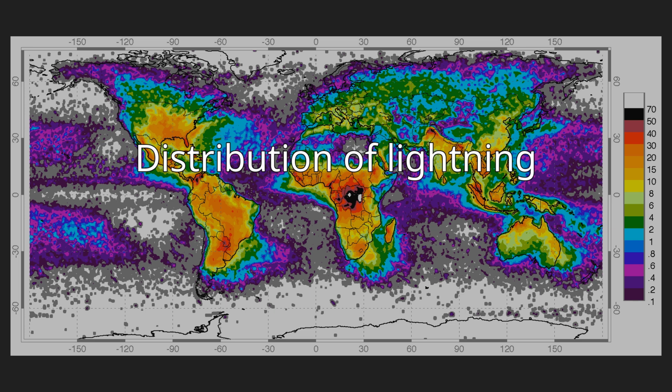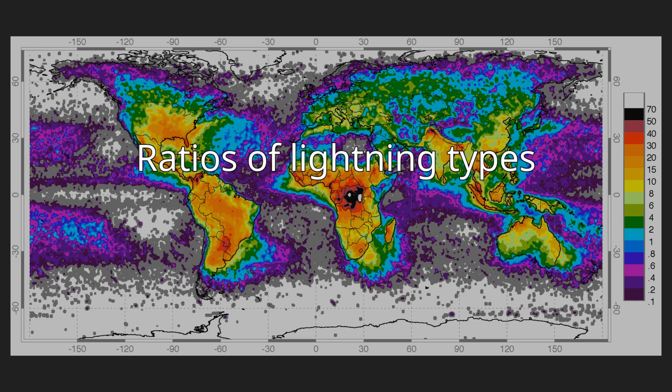Distribution of lightning. The distribution of lightning, or the incidence of individual strikes in any particular place, is highly dependent on its location, climate, and time of year. Lightning does have an underlying spatial distribution. High-quality lightning data has only recently become available, but the data indicates that lightning occurs on average 44 ± 5 times every second over the entire Earth, making a total of about 1.4 billion flashes per year.